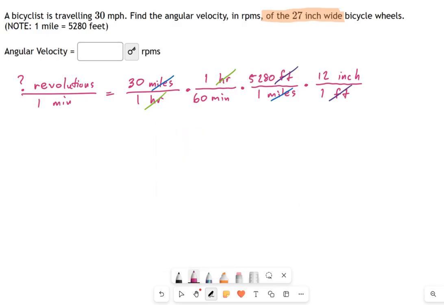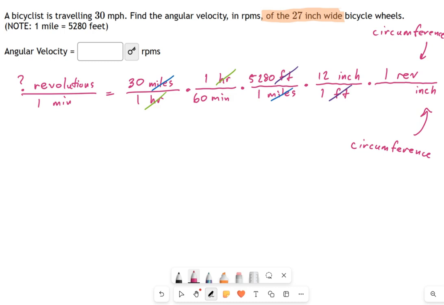This might be a tricky part. I need to figure out how to multiply by revolutions on top, which I'll call rev, and how to divide by inches on bottom. Well, think about this one right here as circumference. And I've got circumference on the top and circumference on the bottom of this fraction. Those are both circumference. One's measured in revolutions, one's measured in inches. Now, revolutions is easy. There's 1 revolution per circumference. But how many inches are there in a circumference?